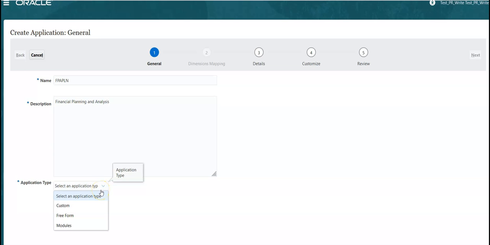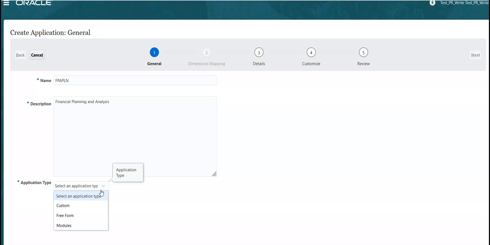Using this, we can model and build our own hybrid BSO or ASO cubes. In the case of the free form application, you can have one BSO and one ASO cube.